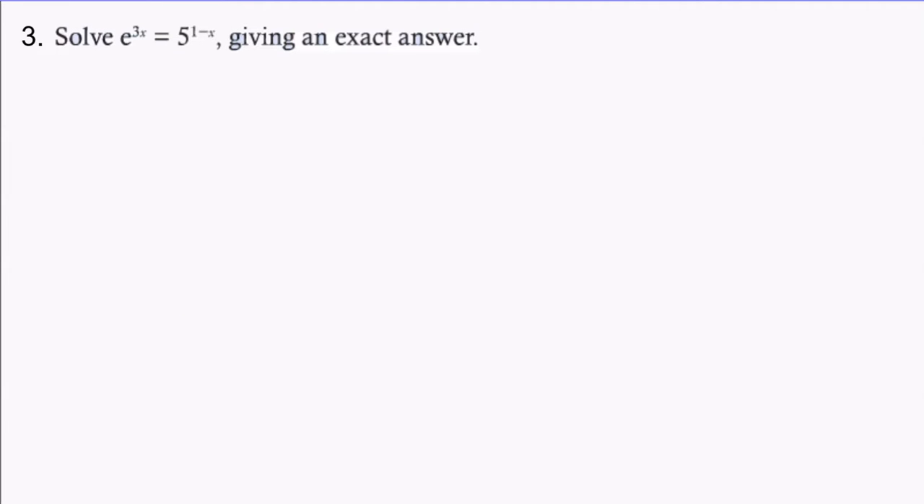Here's another question. So for x, I'll start by taking the logs of the left and right hand side. Now they want an exact answer. Okay. Well, I'll take the natural logarithm because I have e, so it makes sense to take the natural logarithm of the left hand side and the right hand side. So ln e to the power 3x is equal to ln 5 to the power 1 minus x. And I'm taking natural logarithm because I know that